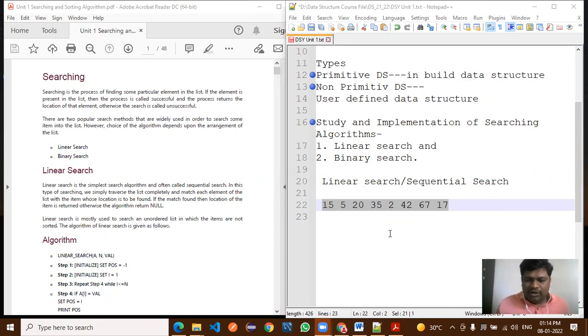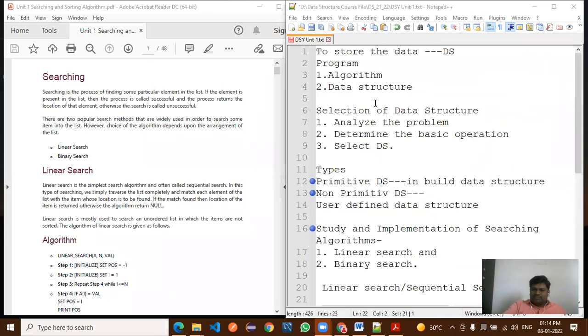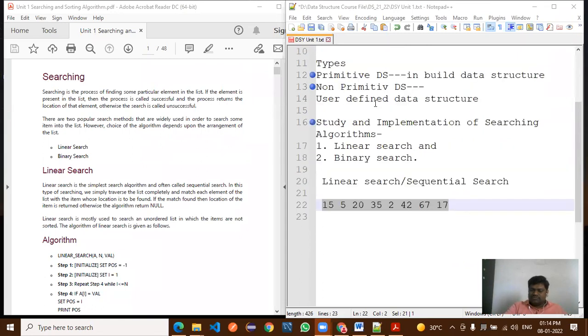Then for what purpose are you using array? Is array a primitive data type, or a non-primitive data type? It's primitive data. Is it primitive or non-primitive?